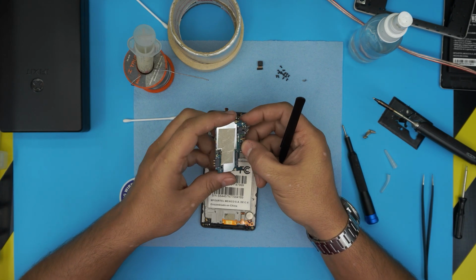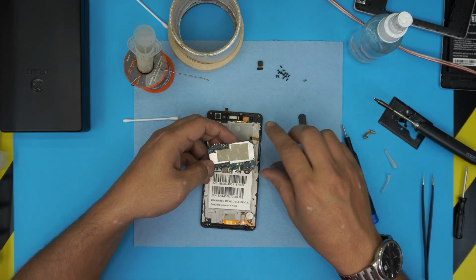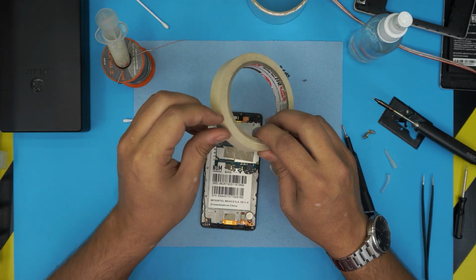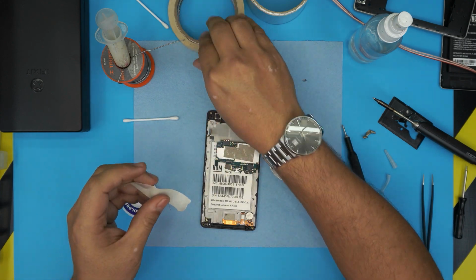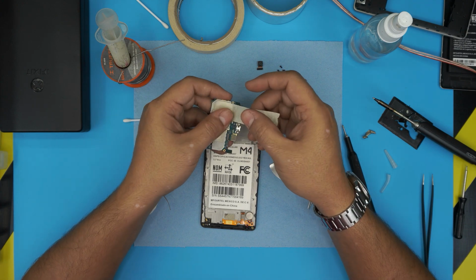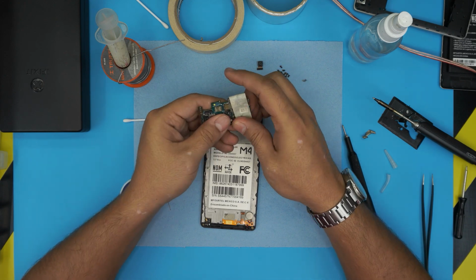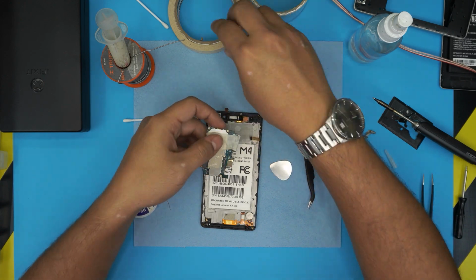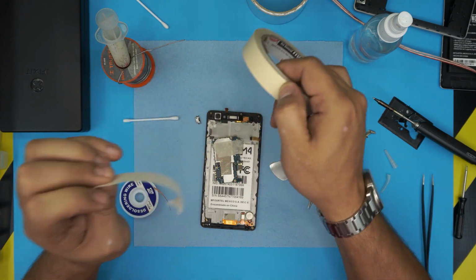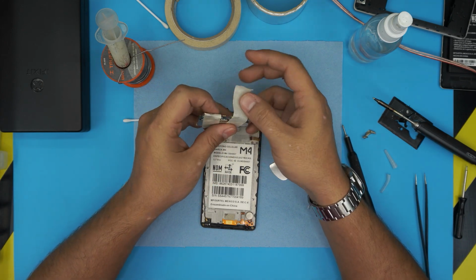Let's say that if yours is still attached on top, what you want to do is isolate both sides. First, put masking tape on this side to cover the sensor and everything else, and bring it over. Cover this side and the other side with masking tape, always, because the adhesive on this one is not too bad. So cover this end, cover the jack,